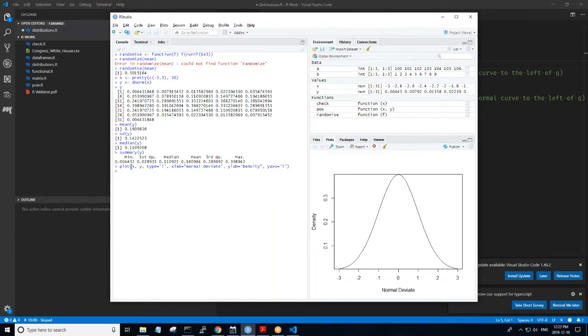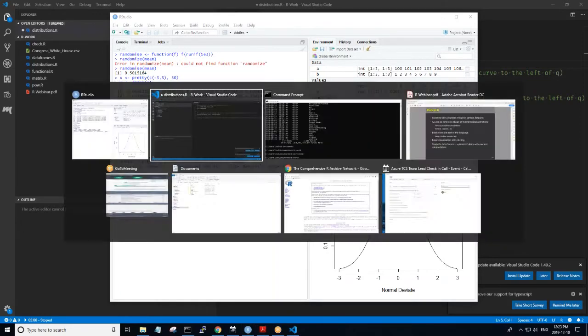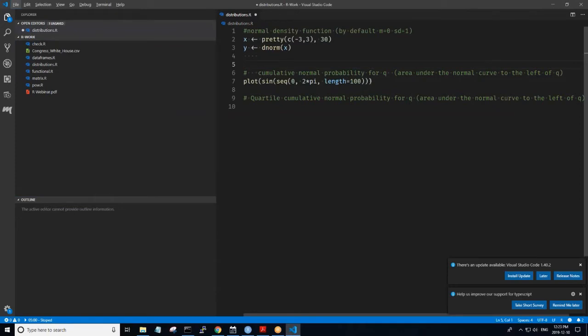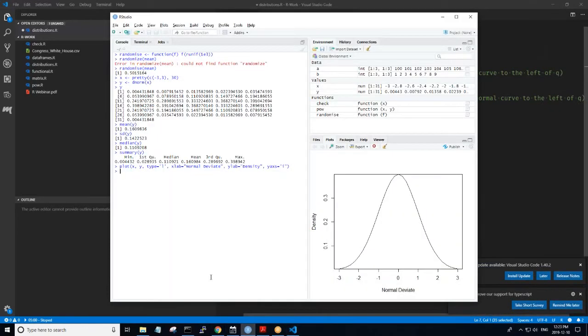This plot function built right into the core language allows you to take various kinds of statistical results and plot them so that they're quite visual. This is the important part of data visualization, being able to actually visualize what's going on in your data. So there's just a quick example there. You can perform various other kinds of plotting. For example, we're just going to plot a standard sine wave here.